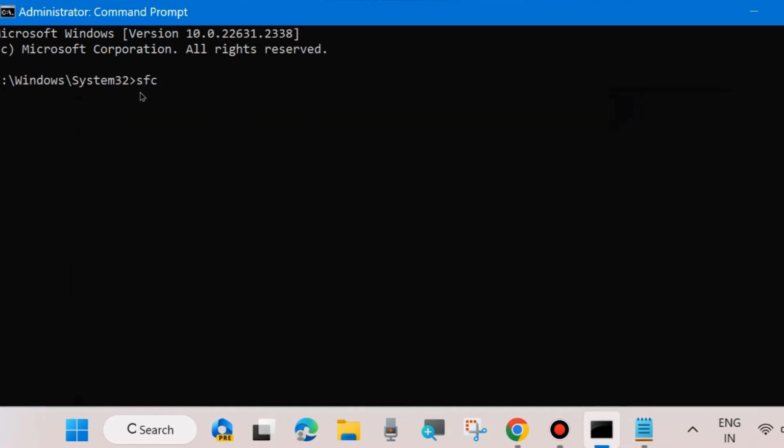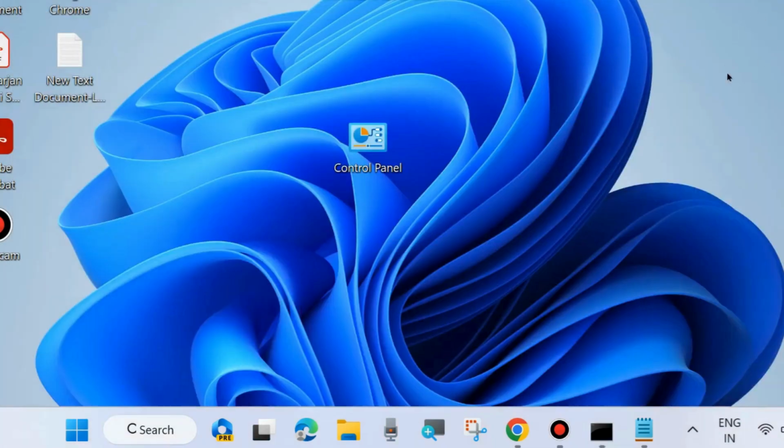Thereafter, execute the command SFC /scannow to scan your system for any corrupted files. It will not only detect the corrupted files, but repair them accordingly, and your Windows Update error